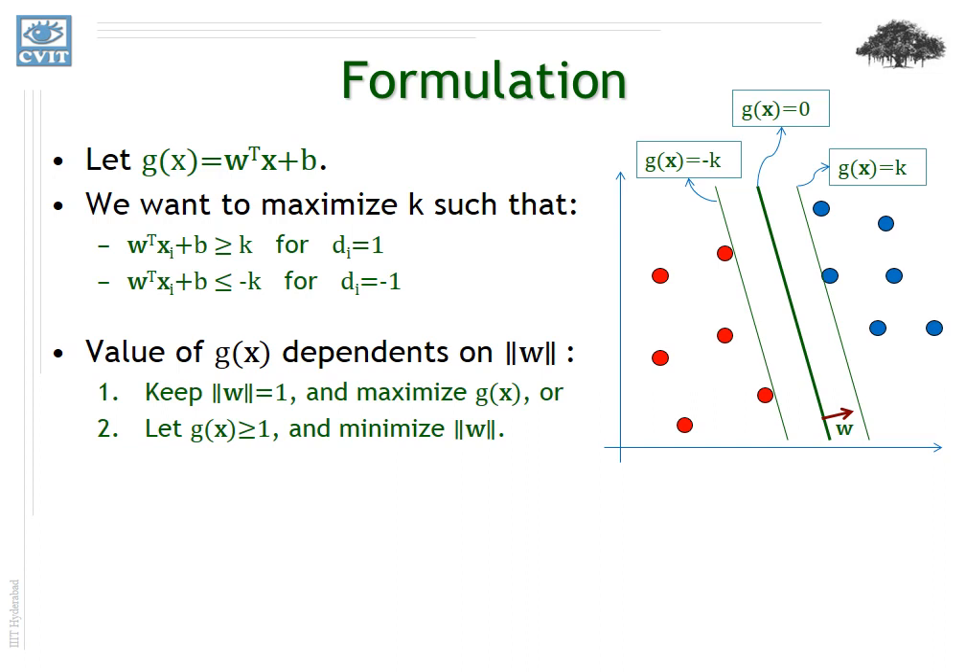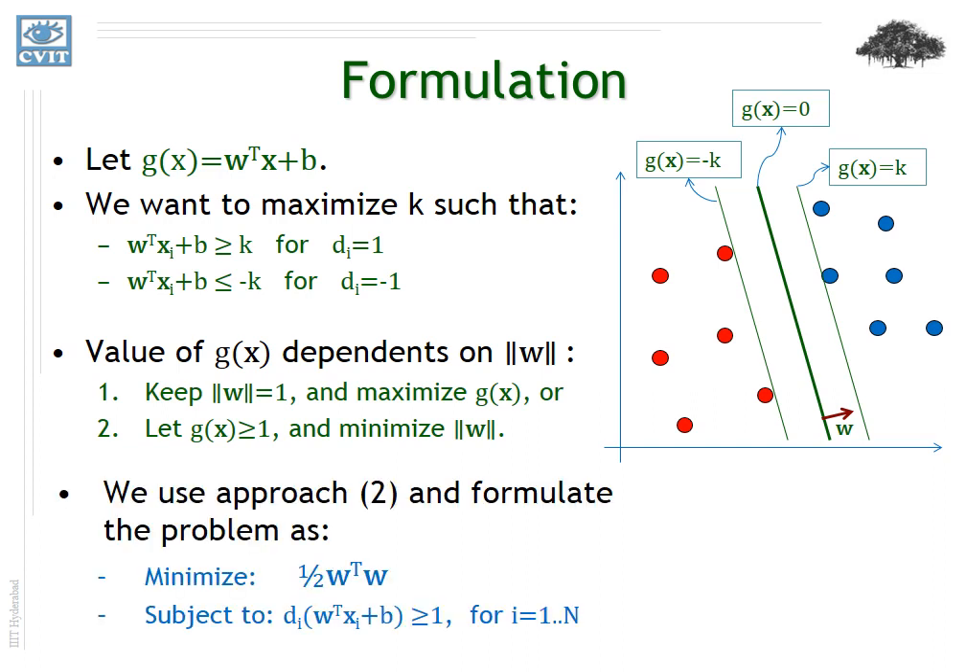And for certain notational conveniences, we will take the second approach in this case. So we will use approach 2 and formulate the problem as we want to minimize mod of w, the norm of w. The norm of w squared is nothing but w transpose w. We will just introduce a term, half of it, for mathematical convenience at a later stage. We will note that this is just the same as the norm of w, just half of that quantity. So we want to minimize this quantity, half of w transpose w,